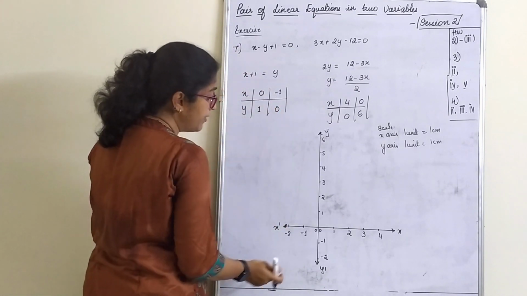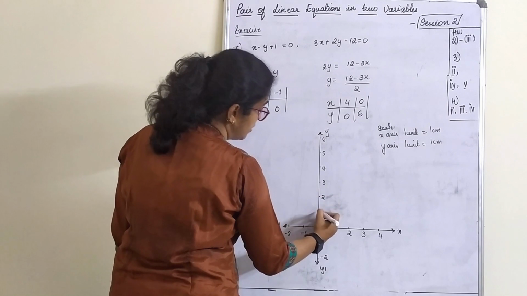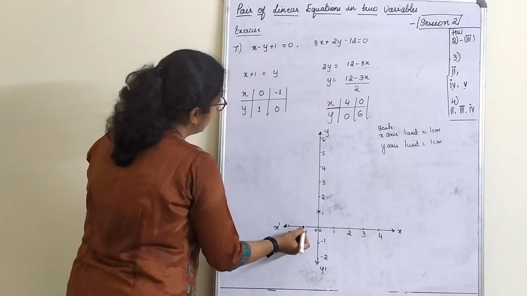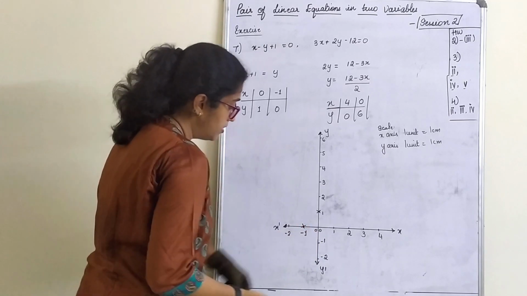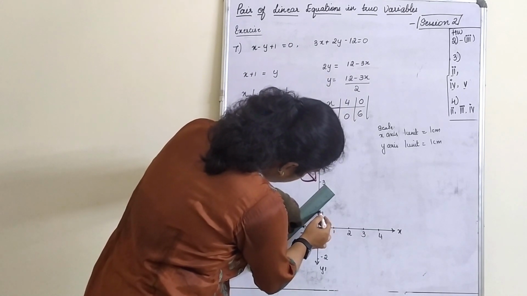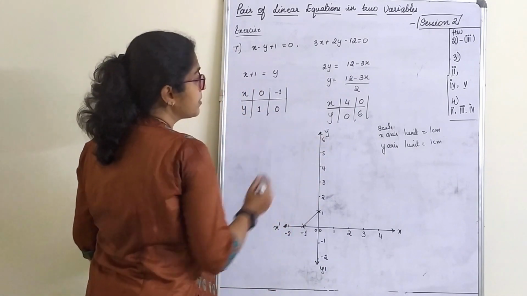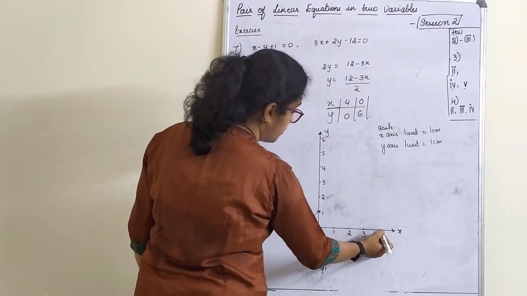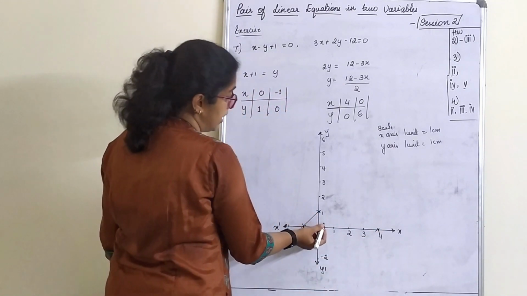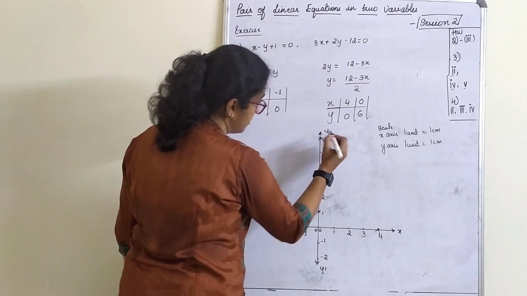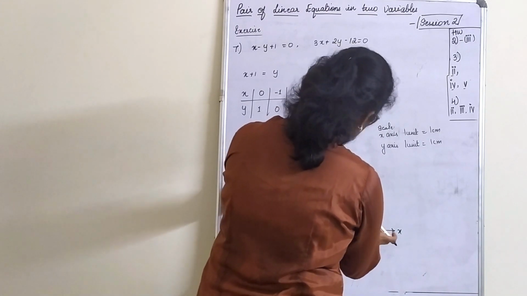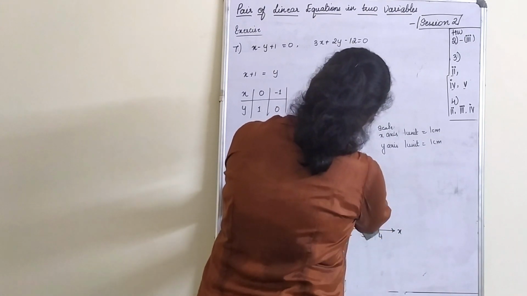Let's plot 0 and 1. x is 0 and y is 1. The plotting is here. x is minus 1 and y is 0. The plotting comes here. So it's only a small line. So let's only represent this much. Later we'll see. Then x is 4. 4 comes here and y is 0. So x is 0 and y is 6. It comes here. So the line goes like this. 6 and 4, when we draw it here, it comes around.